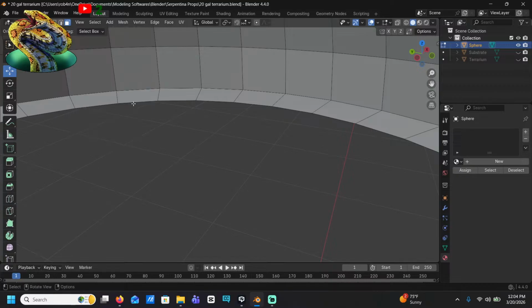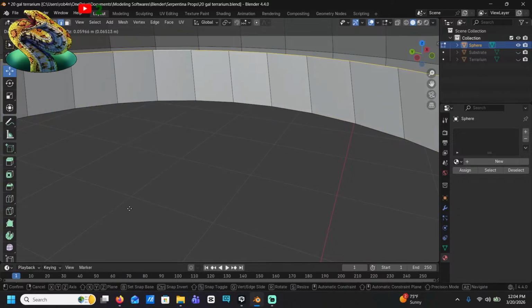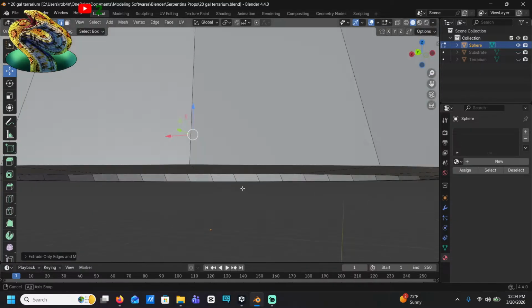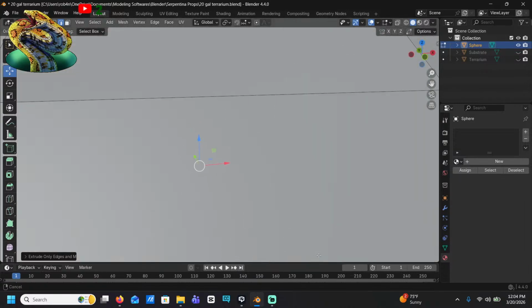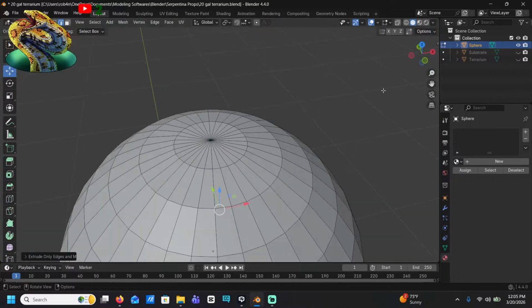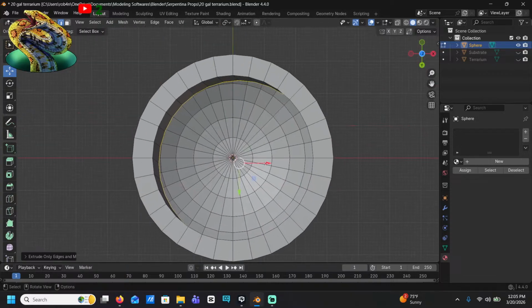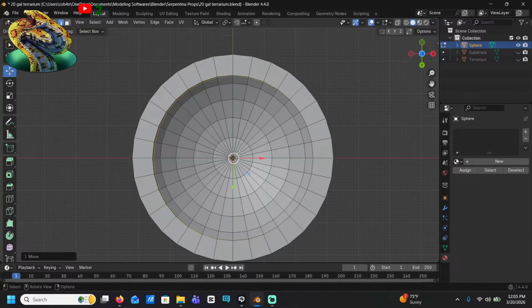Okay. Go to edge select, Alt, and then extrude the edges. Okay, so it's gonna do like this to start. What did I do to it? What does it look like? Come on, there we go. Now I have to basically move them. I can do this, there we go. Basically move them until they're good. More or less just like this. There we go.